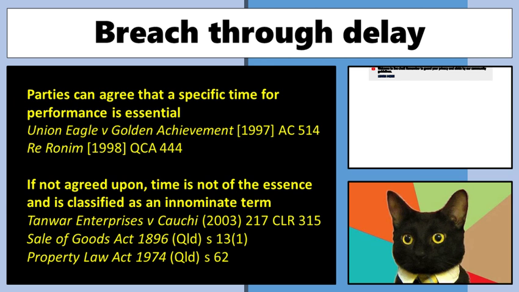Sometimes, and I had this weird one, which was the assignment question for this subject last year, where they said, oh, apart from the time of delivery, time is of the essence. It's like, oh, okay. Time of delivery, is that getting the thing and packaging it up, or was it just giving it to the courier and them delivering it? It was a little ambiguous. And remember, what's the rule that applies if something's ambiguous? Contra proferentem?